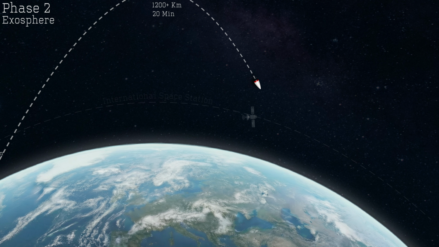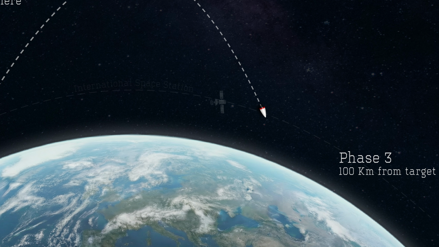In the last phase, the warhead re-enters Earth's atmosphere. It starts at about 100 km down to the target. In this phase, missile reaches massive speeds of 20 to 25 Mach or 7 to 8 kilometers per second. Extreme heat and friction is generated in this phase. It lasts only for about 2 minutes, and finally, the missile hits the target.